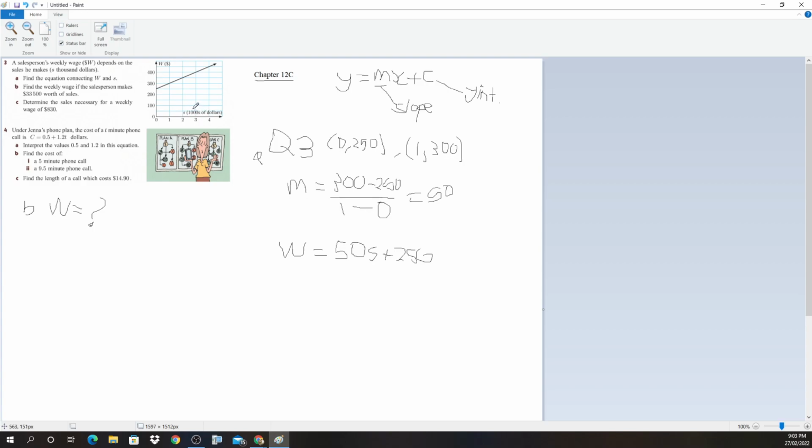That's because it's been scaled. So if you look here, it's actually thousands. So how many thousands do I have? S is the number of thousands. I have 33,000 and 1/2, so 33.5. Okay, now if I go into my formula, 50 times 33.5 plus 250